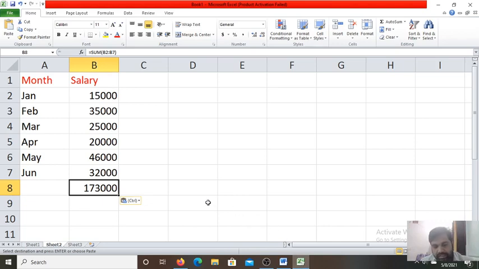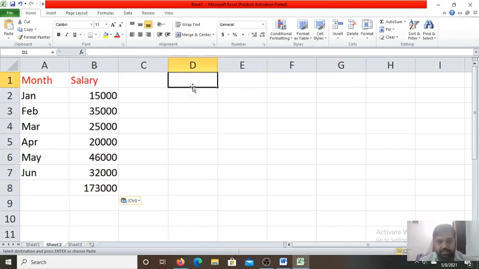Another thing is the sheet reference. In the sheet reference, it uses the sheet number, exclamation mark, and cell address. For example, sheet exclamation mark D2. Like that you can use.